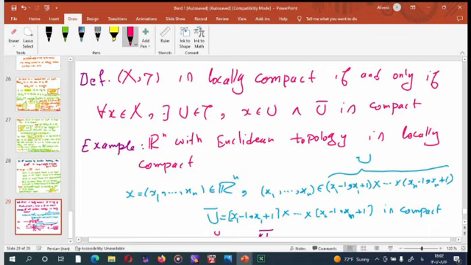Let X and tau be a topological space. This space is called locally compact if and only if we have this property: for each x there exists an open set U such that x belongs to U and the closure of U is compact. Okay,